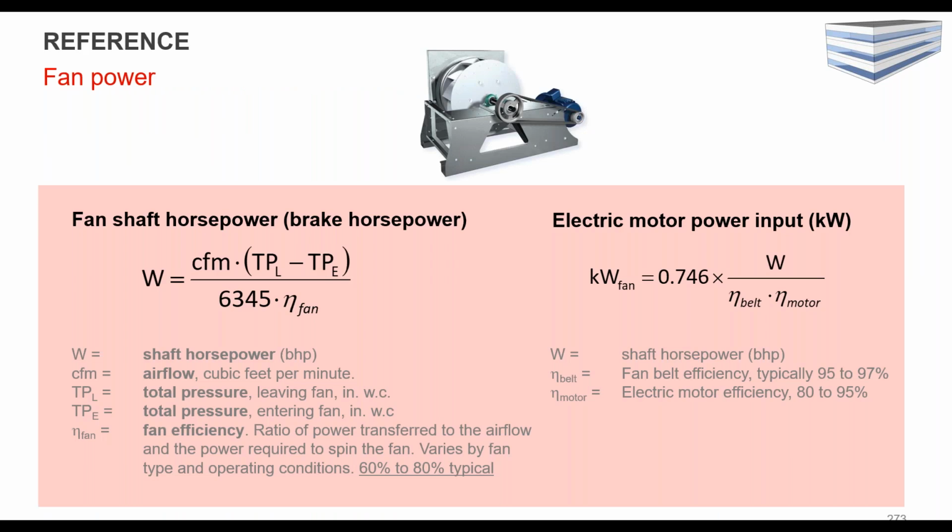Again, just for reference on the fan power, the inputs that you're looking for into the model is you're putting in the total fan power, electric motor input power, right? So depending on what data you get, you might end up with the brake horsepower, which you're going to calculate from your static potentially, or it might be a selection. That then needs to be translated into actual fan power itself, which is going to include the motor efficiency and then the total system belt efficiency.